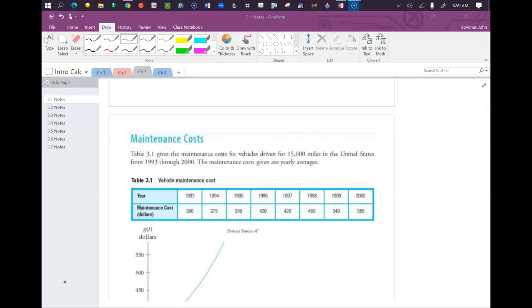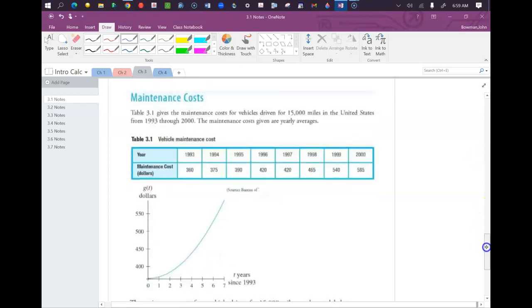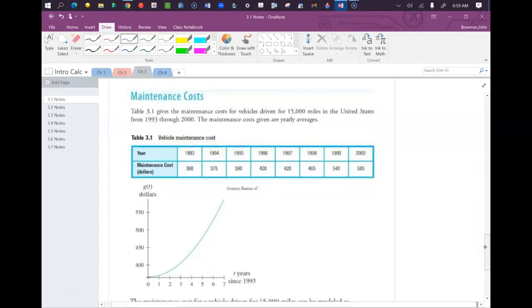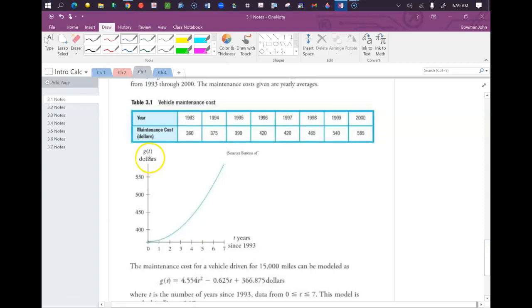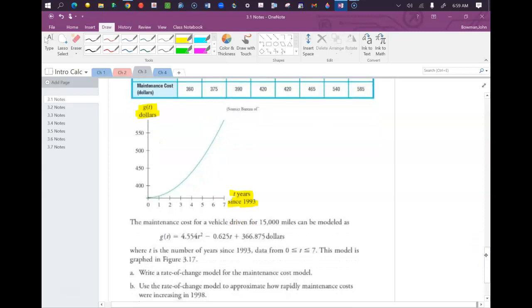So we're going to finish up this short video with an example, and this pertains to maintenance costs. Table 3.1 gives the maintenance costs for vehicles driven for 15,000 miles in the United States from 1993 through 2000. The maintenance costs given are yearly averages. So G of t represents the maintenance cost. T represents years since 1993. And our function is a quadratic function. G of t is equal to